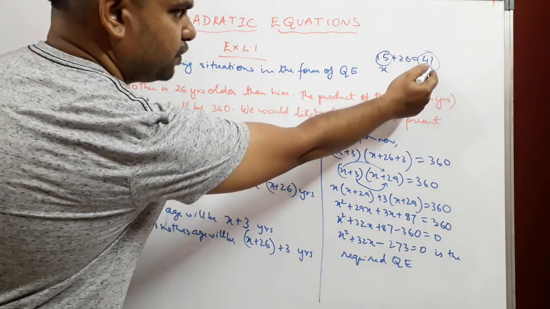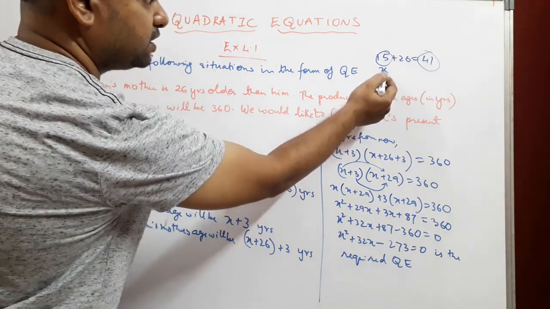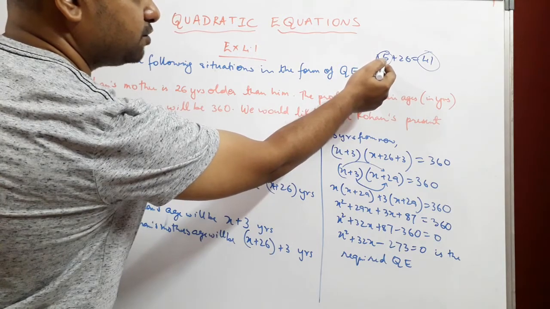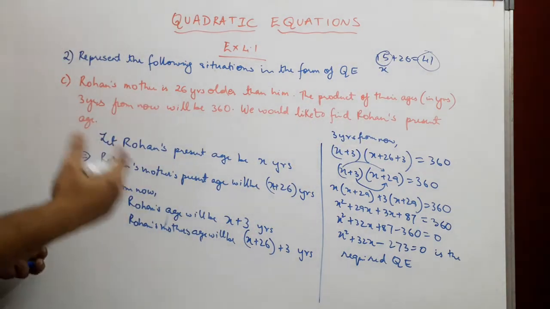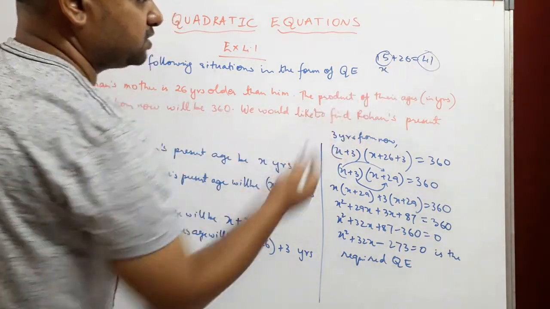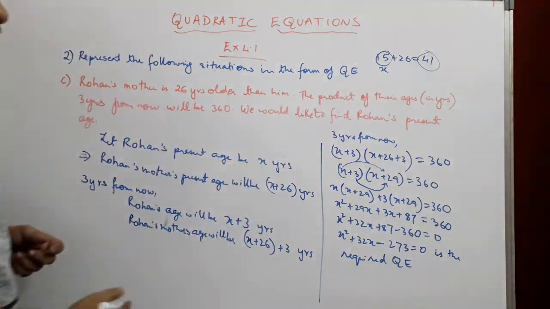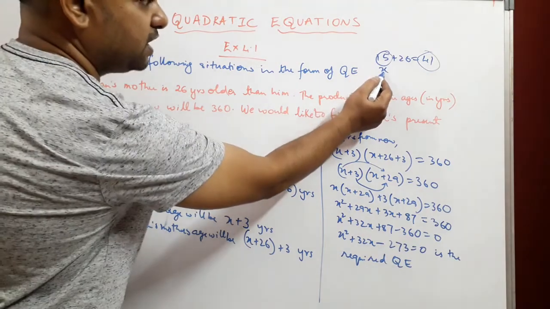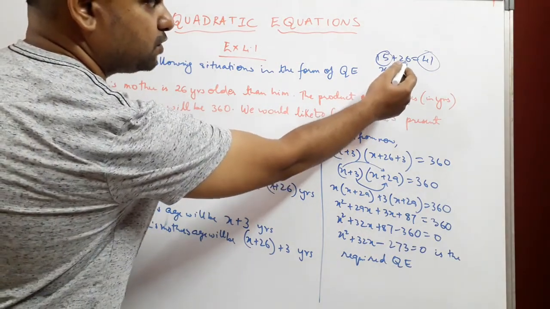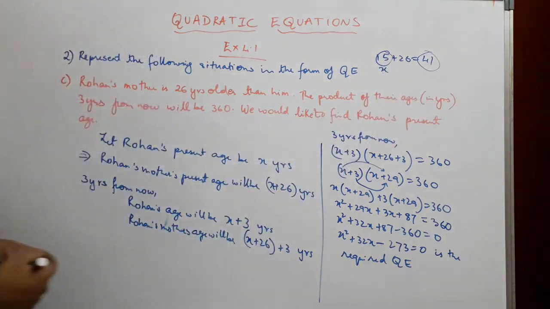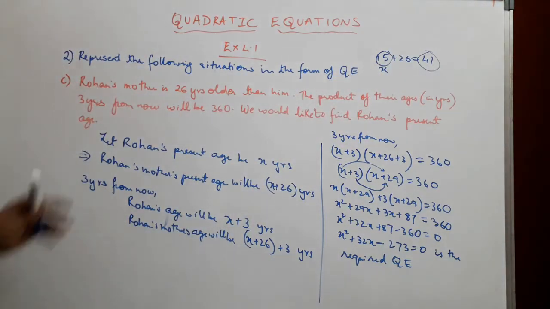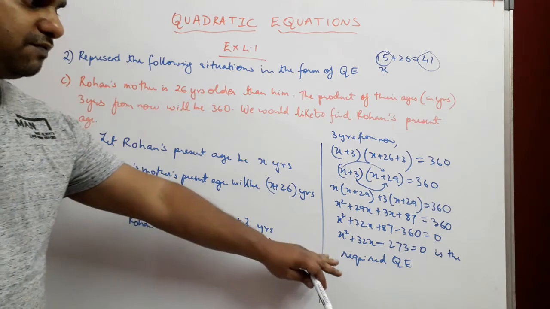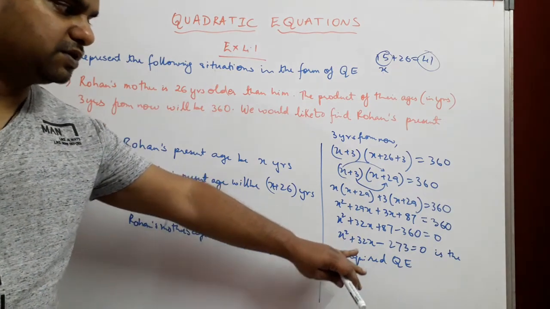We have got 41 because we have written the age to be 15. That is, we know our ages. So if we say our mother is 26 years older, that would be the answer. But we don't know what Rohan's age is, and we have assumed it as x. That is why we say that Rohan's mother will be x plus 26. So when we find x, we will get Rohan's mother's age. But here we don't have to do that. We just have to find the quadratic equation.